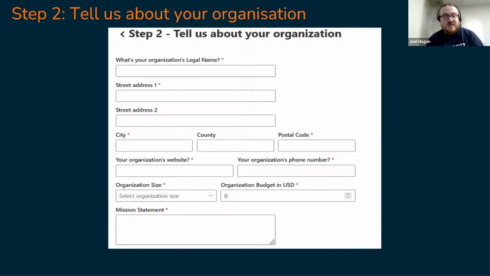Enter your address details. As you can see, it's a star there, which means it's mandatory. Your organization's website. So it's important that in terms of validation processes, you do have a website. What will happen is when your details enter the queue to be validated, what will be looked at is your organization's activities. As we spoke about in the last video, it's not just your charitable status that makes your organization eligible, it's also your activities as well.